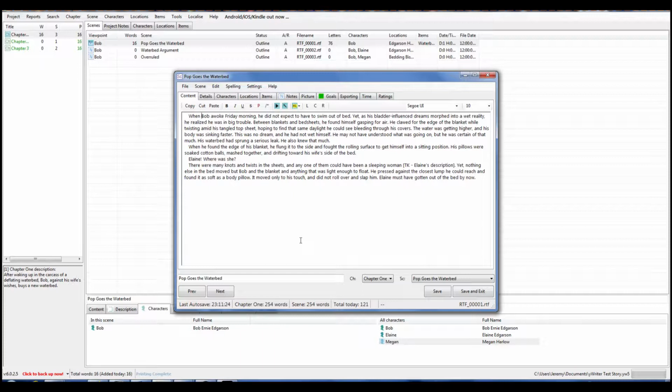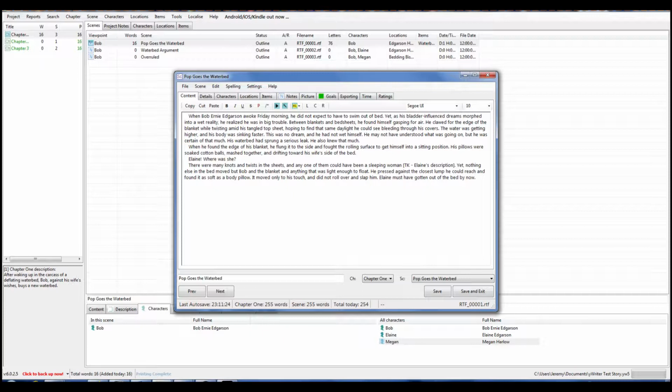Actually, you know what I'm thinking too? We need to probably know his name early. So when Bob, we'll give him the whole name. His name is Edgerson. Or we'll just say Bob Ernie Edgerson. Why not? We may get rid of the middle name eventually because I don't think he's a serial killer. I don't think. Again, we're just fleshing the scene out for the video. I wouldn't normally do this until the outline's finished, if I were to do this the correct way, just to